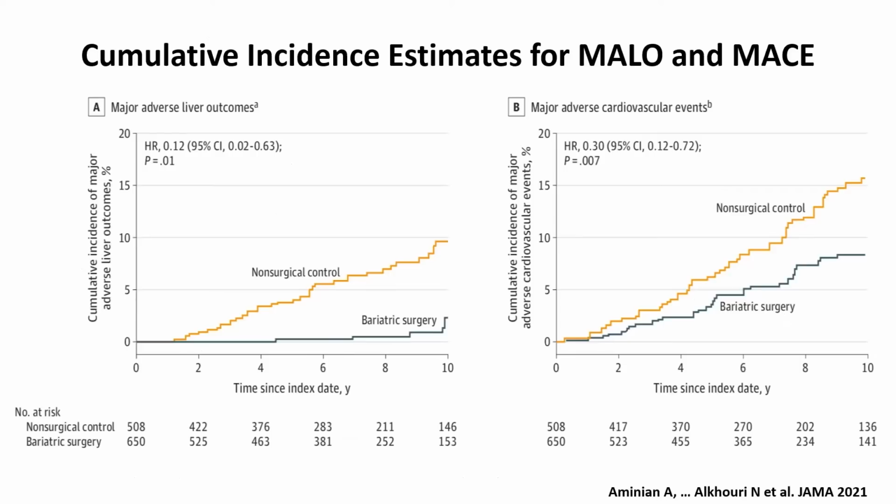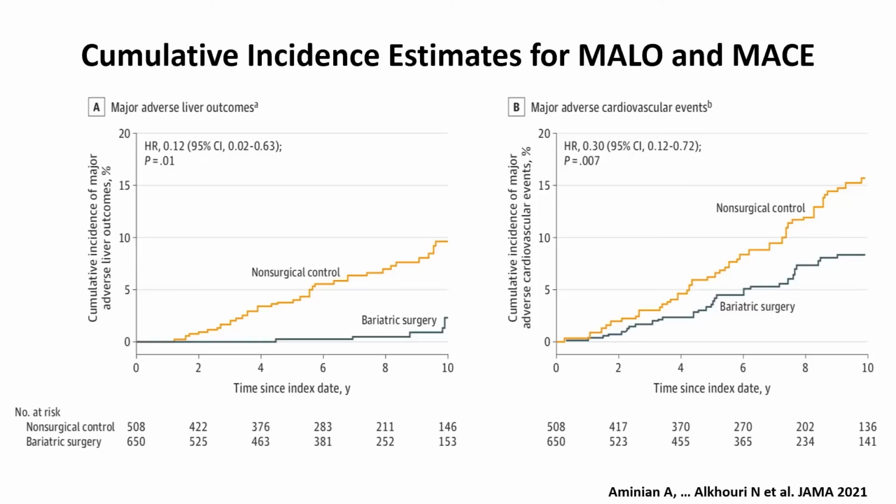There was a landmark paper from France where they biopsied people at the time of surgery and then at 1 year and 5 years, and they showed improvement in fibrosis in the majority of patients, NASH resolution in 85%. But what I'm showing you in this slide is actually a paper that we published with colleagues from the Cleveland Clinic called the Splendor trial.